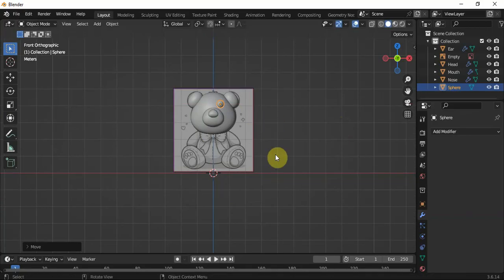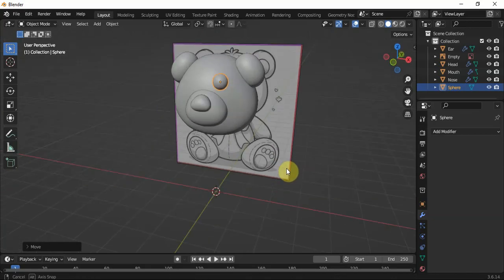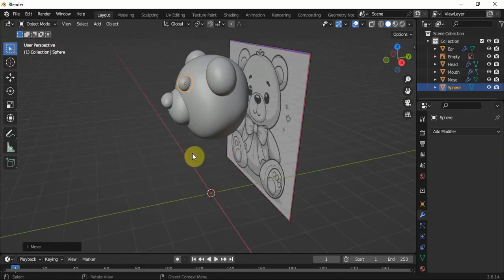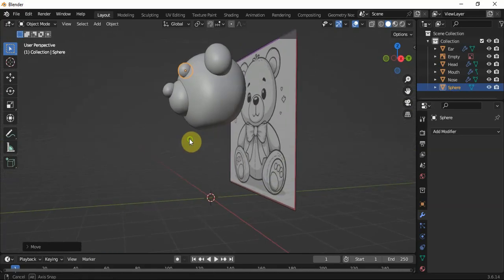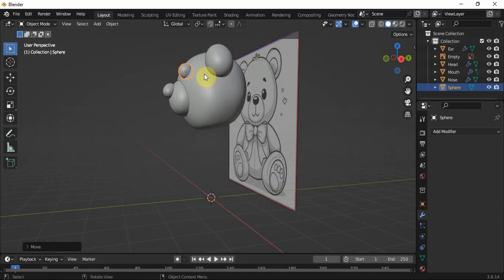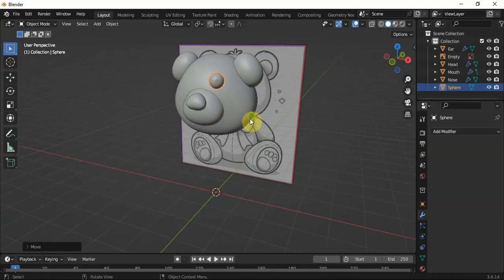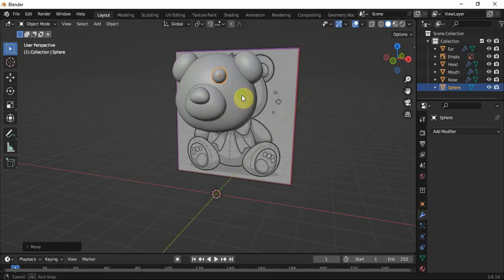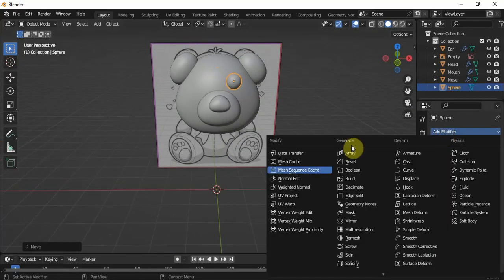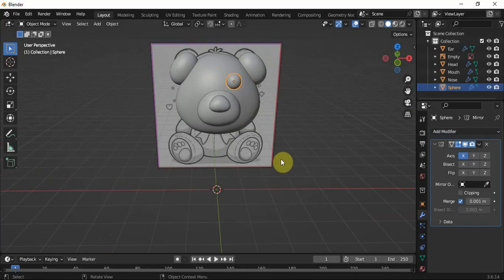So let's see. Okay, I think it's too boggled. It's too boggled, so I think I will still need to move it inward. I will still make some little adjustment to this head here, but let me still leave this eye here. So what I will do is that I want to add another, not subdivision rather, but I want to add mirror modifier so that it can be mirrored on the other side